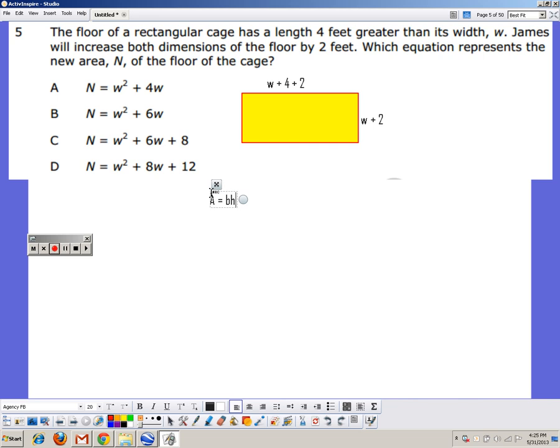I'm going to use base times height here because the L looks like a 1 and I do not want to get anyone confused. Okay? So, we're going to simplify the length. The length is W plus 4 plus 2. Well, 4 plus 2 is 6. So we're going to have area equal W plus 6